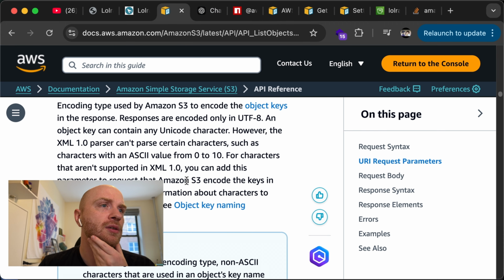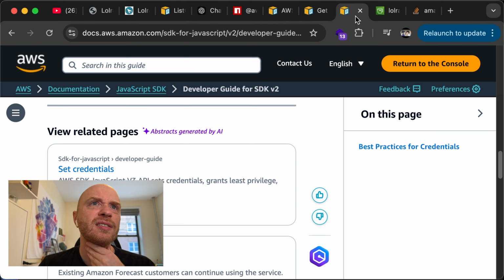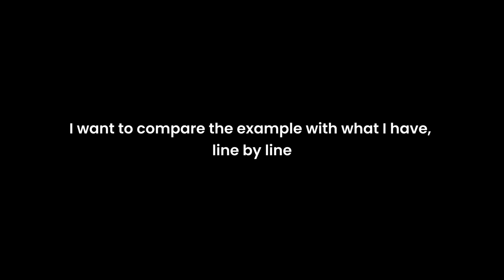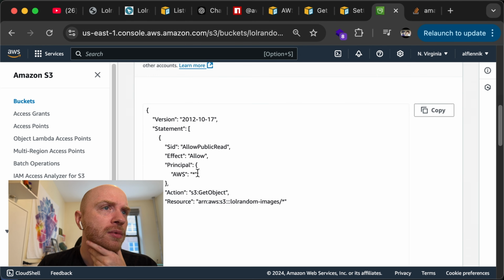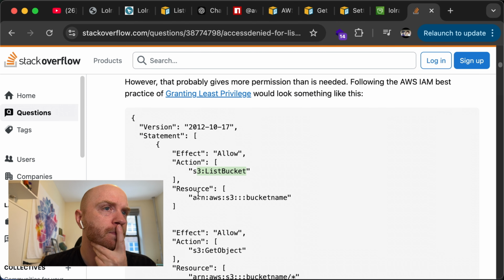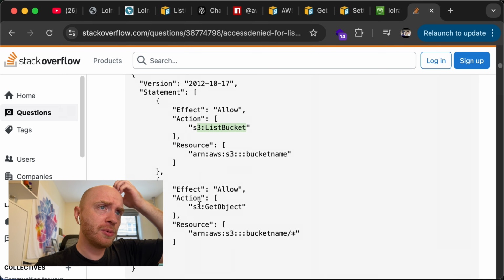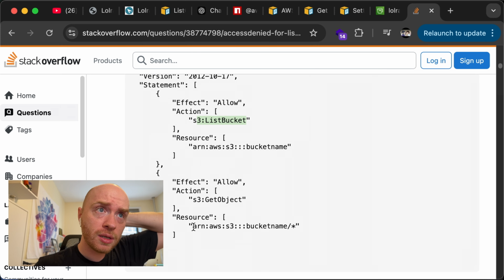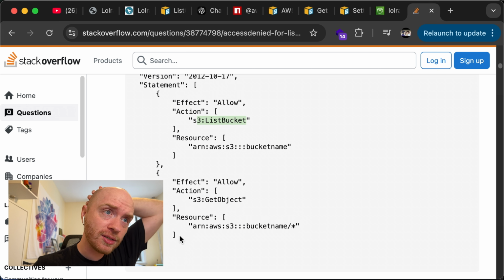Wherever it is. Action. Okay, so this could be an array, I guess. Currently I just have one action there. Oh, I see. There could be two separate ones. Okay, so that's how it would be.